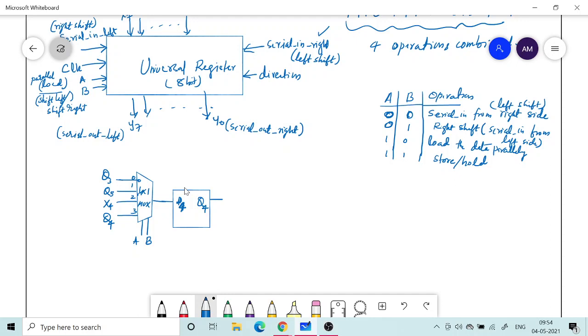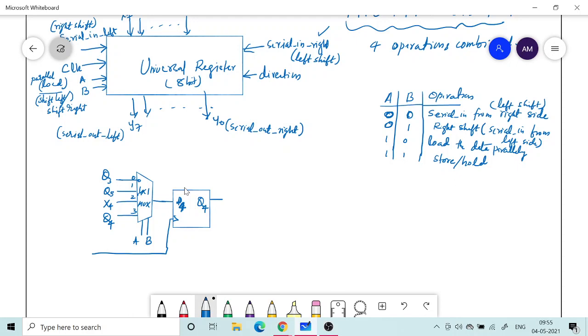Otherwise, structurally you can design just like this, repeating this block 8 times and then connecting them, but that will be more hectic when you write the Verilog program, because you need to be very careful with the mapping and all. But that's not what I have asked you to do. What I have asked you to do is design it using a behavioral approach.